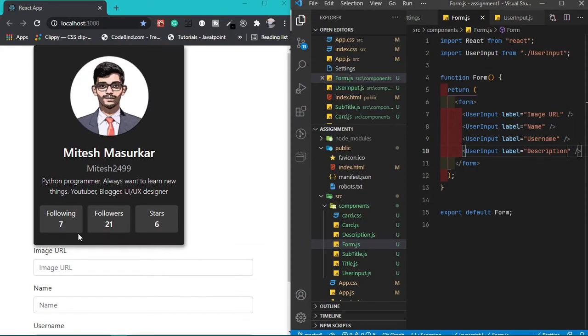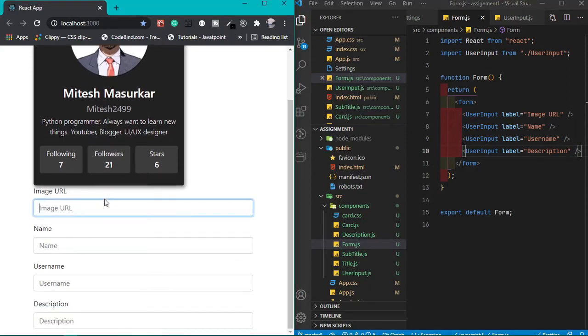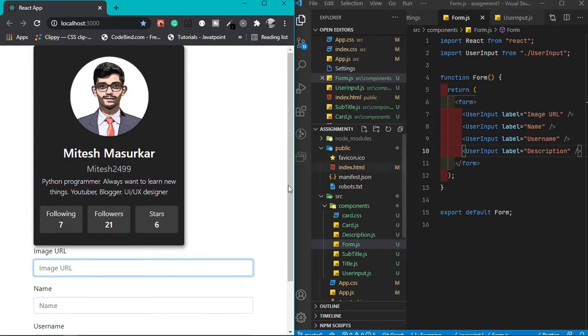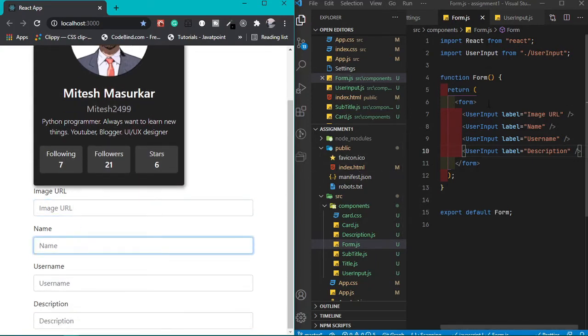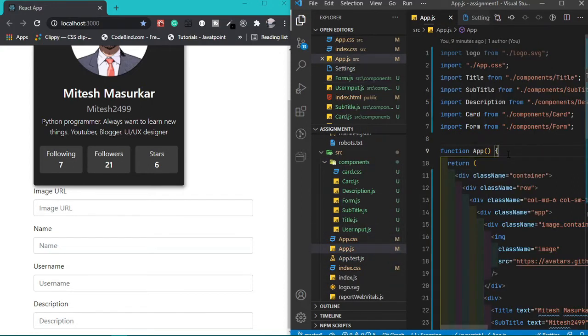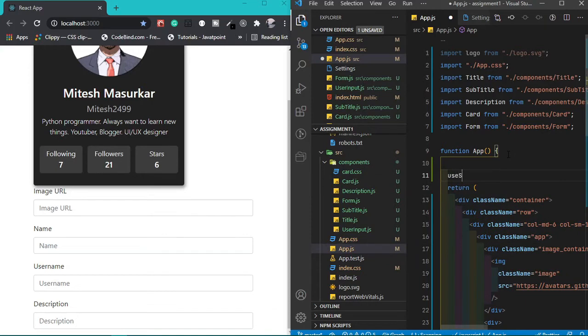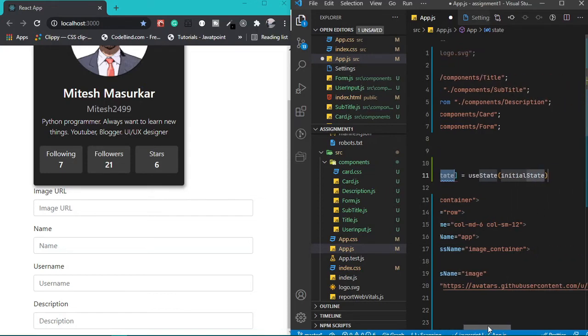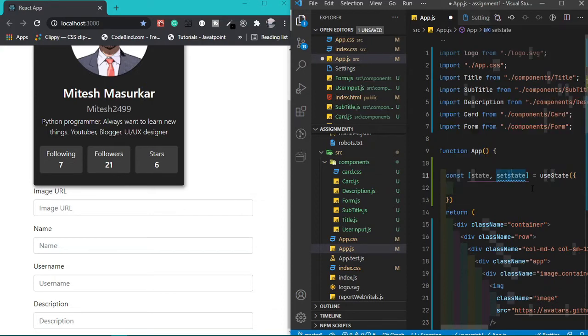So what we will do? What I want is, if I paste some URL there like http dot blah blah blah, then it needs to change this, or let's start with link. So we need to manage state. To manage state, I will say useState, and yes, I will call this variable state itself. Initially, the initial value will be something like